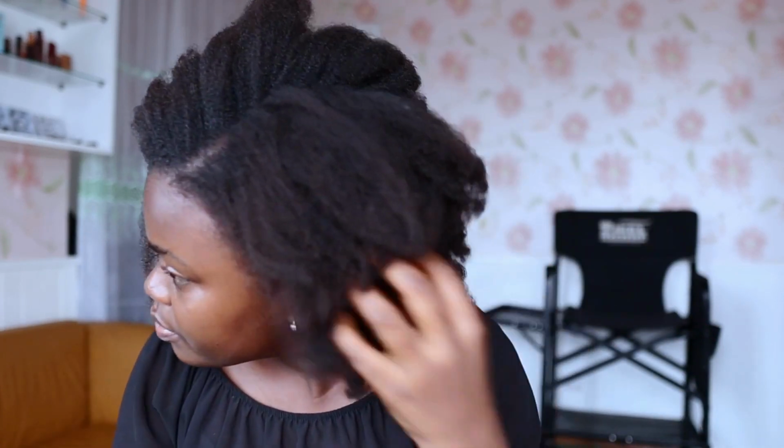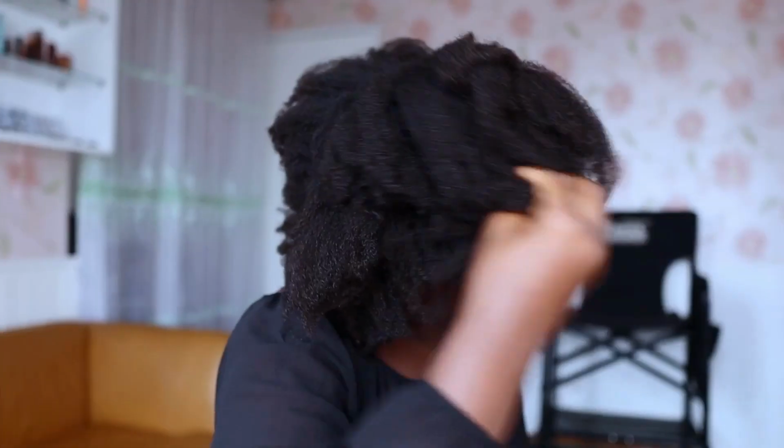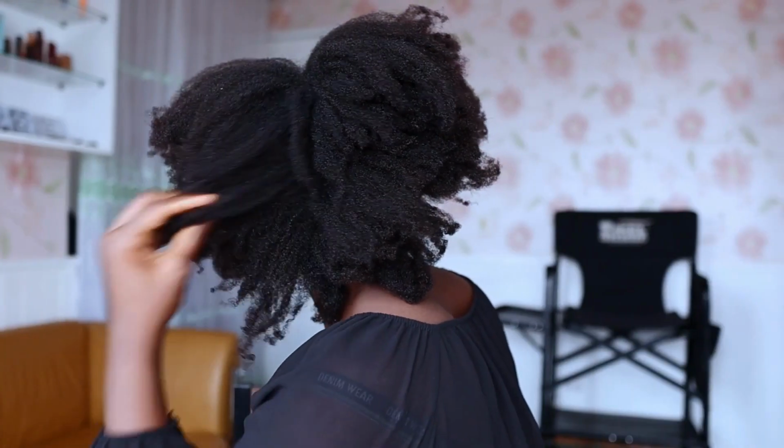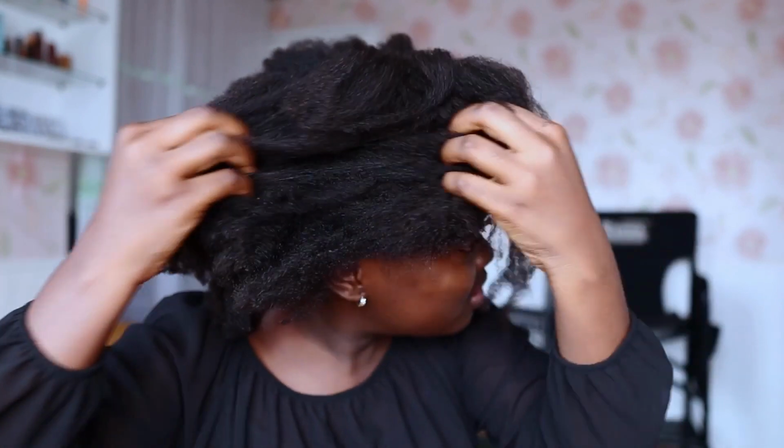Hello guys, have you noticed detangling is the one thing most naturals wish they could just skip overall on wash days, especially when your hair is so dry, tangled, matted, has lost form and is filled with knots. By the way, if you're new to growing your natural hair, detangling is probably a problem you face sooner than